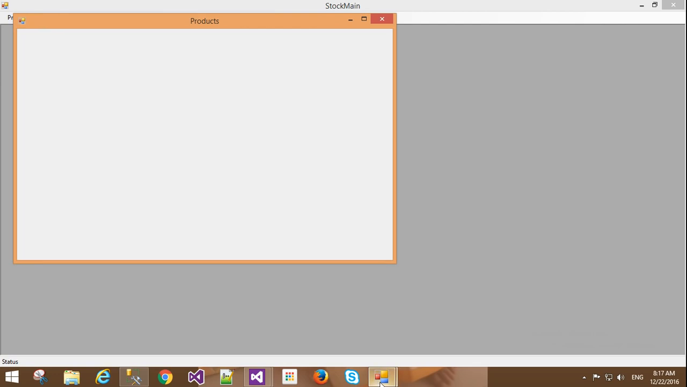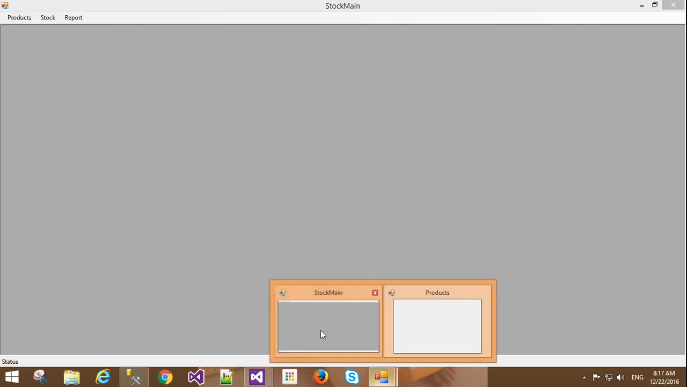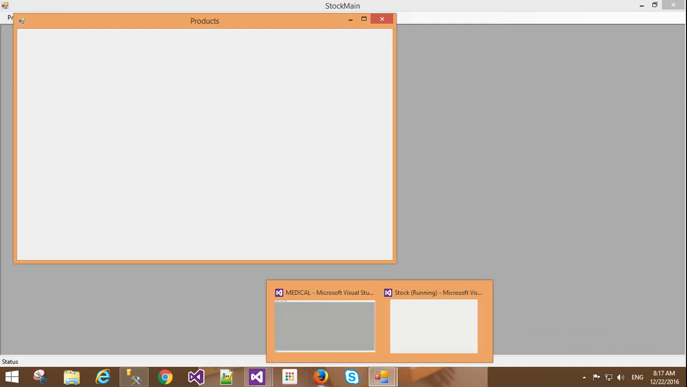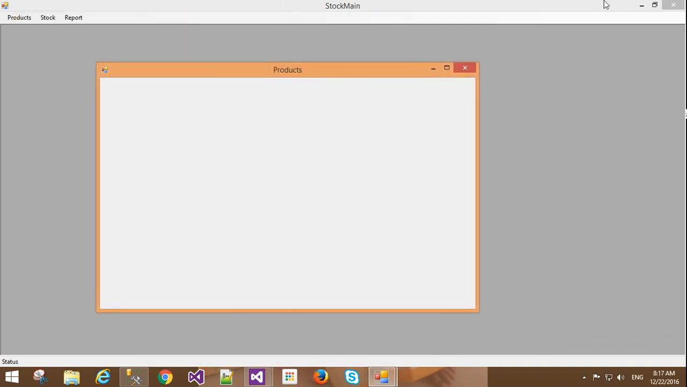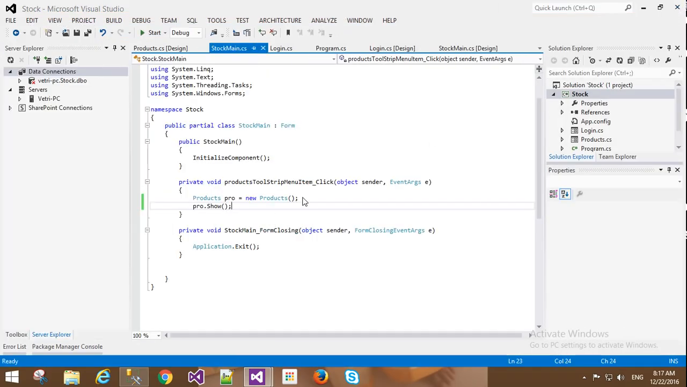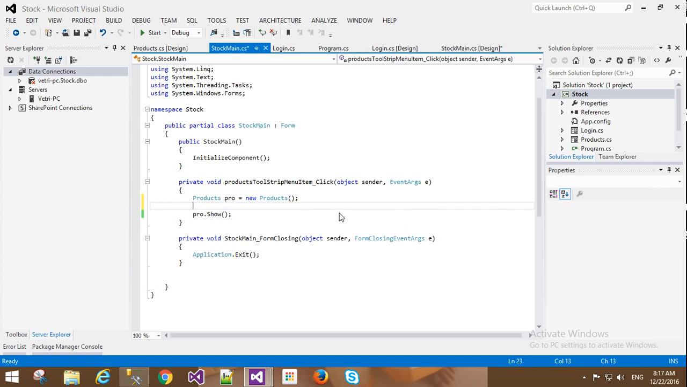I will click here. See, here it is showing two forms. This is stock main and this is products. See, the two forms are separate, but my product main is the main form. I need to show my product form inside the main form. That is my goal. So what I will do, simply, I will add one more line,